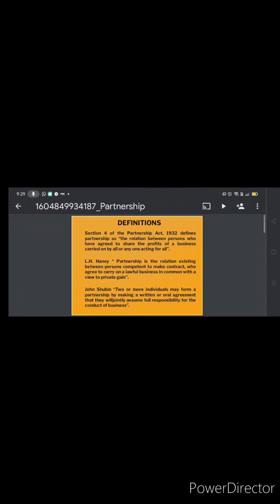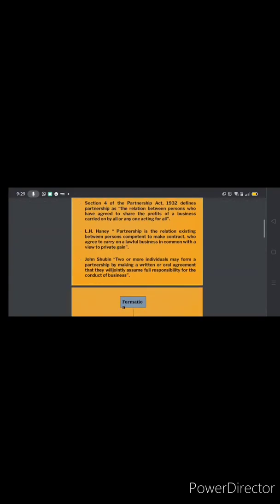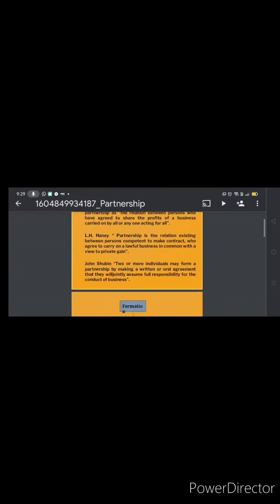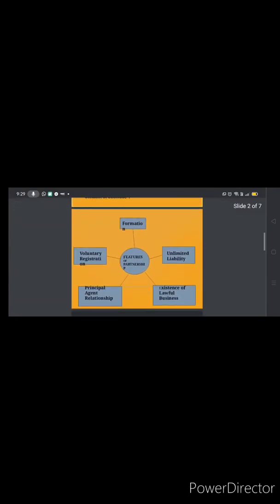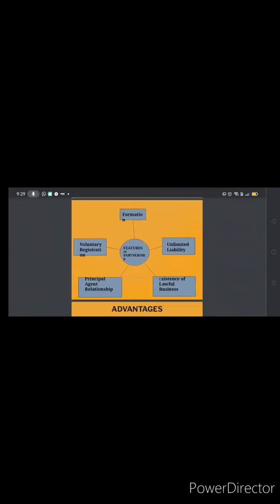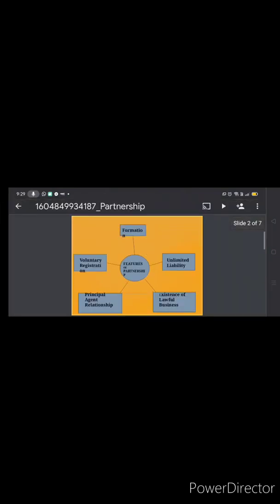What are the qualities, or the features, of a partnership firm? The first and foremost we have is formation. How is a partnership firm started? It is registered under the Indian Partnership Act 1932. Again, the registration of the partnership firm is not compulsory, but to avoid certain limitations, it is always better to